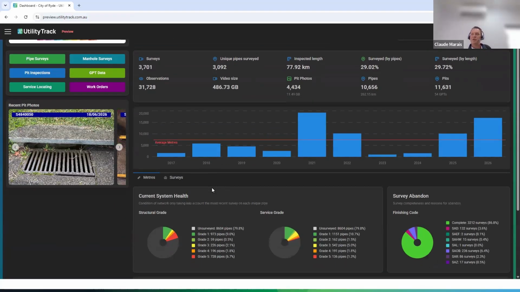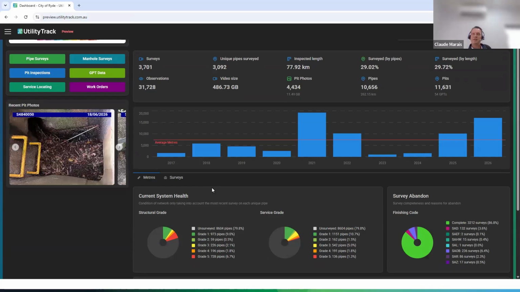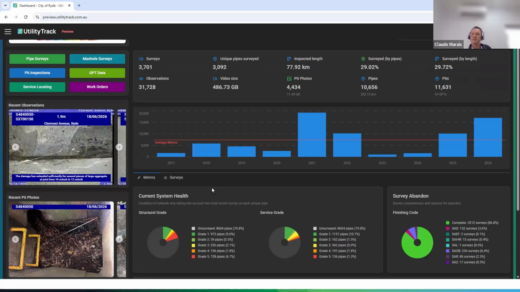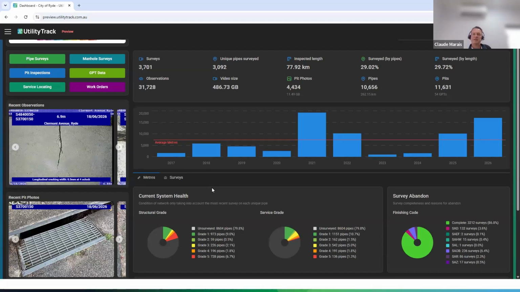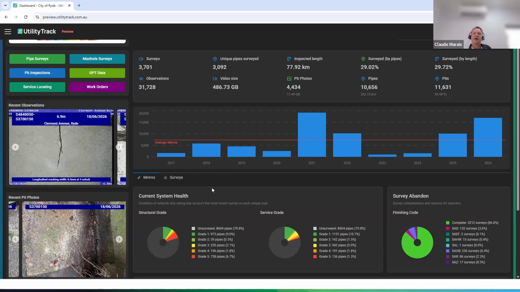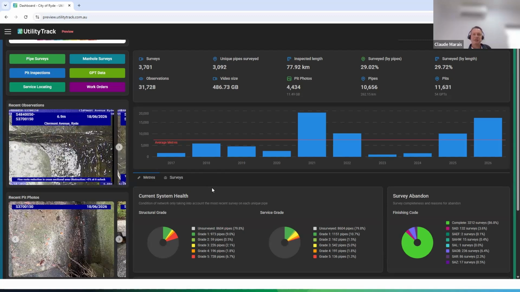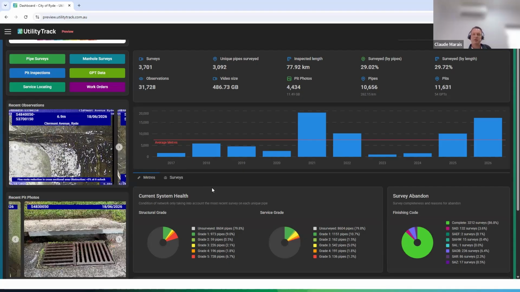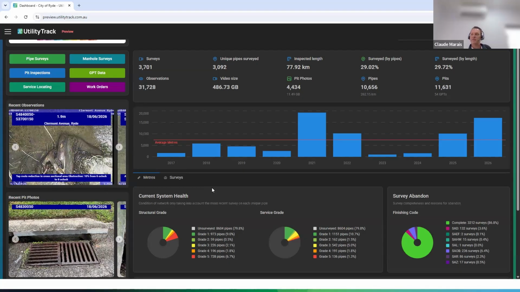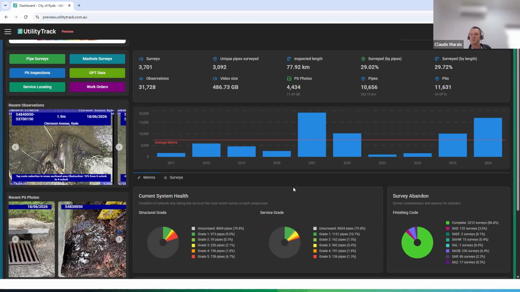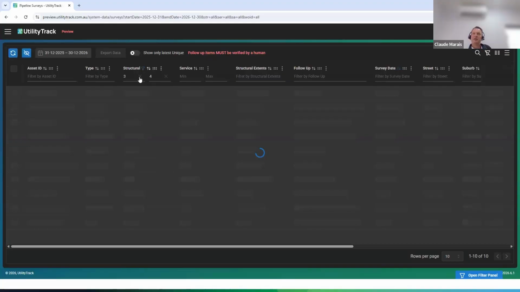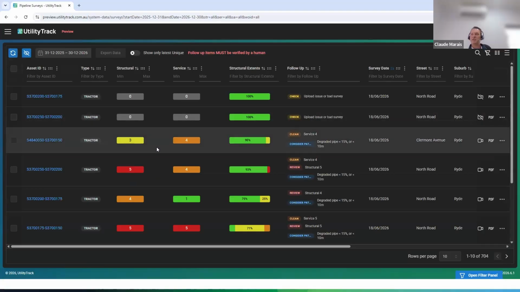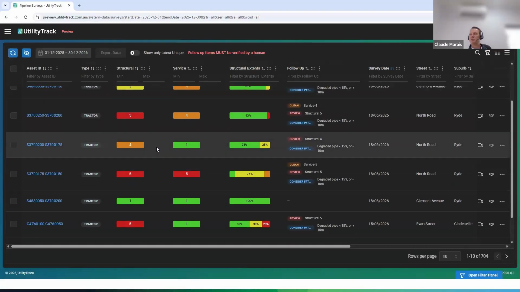So from this dashboard view, again, like I mentioned, you can easily capture and access information from here. Any legacy data sets, doesn't matter where it comes from, if it's visual inspections on site, CCTV inspections, quick view inspections, any zooming camera inspections, all of it is quite easily accessible and filtered throughout the system. Again, like I mentioned, you can quite easily extract the structural gradings and service scores out of the system to be able to